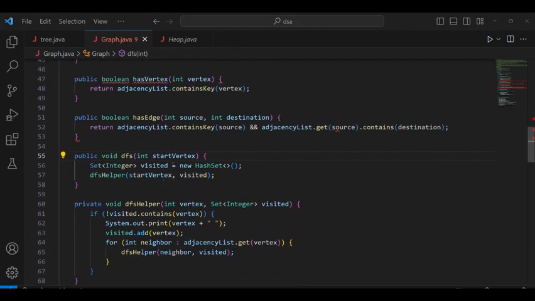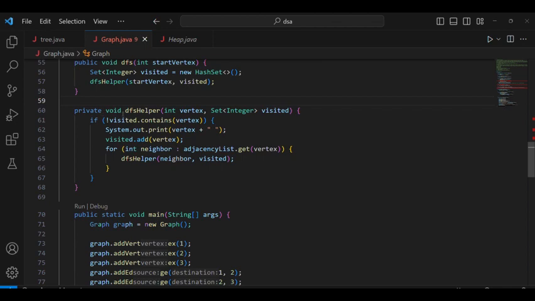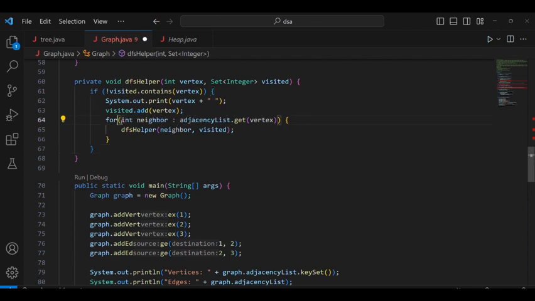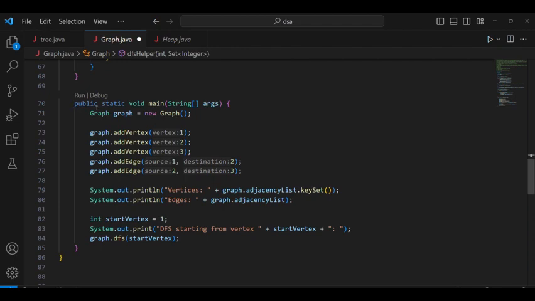So we use DFS in it, and DFS is depth first search. So in this parameter I use public void depth first search integer start vertex and we set a value of integer in it, and then we visit it again and again of our overall hash set and then use DFS helper start vertex visited, and we created a public void DFS helper in it because we initialize the value of full private void and we use visited dot add vertex and we use for loop conditions, and in this way